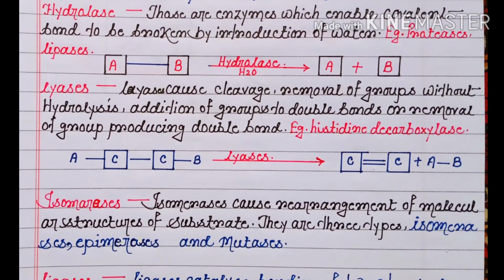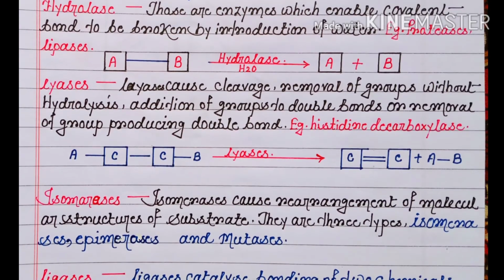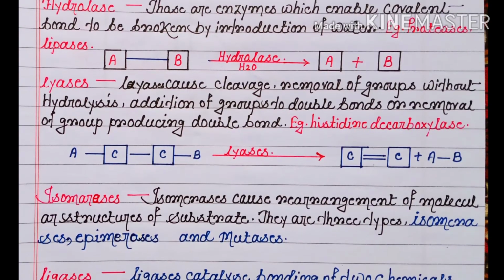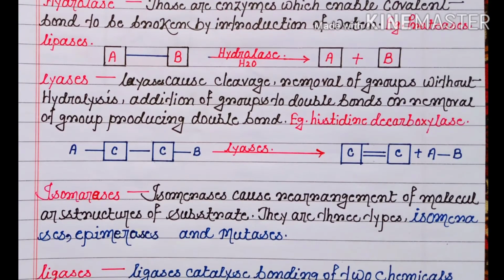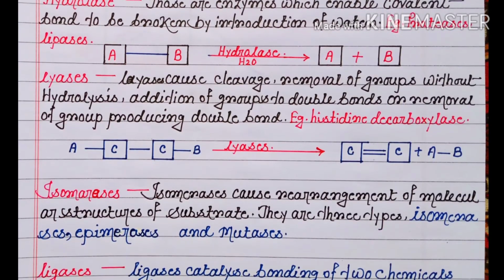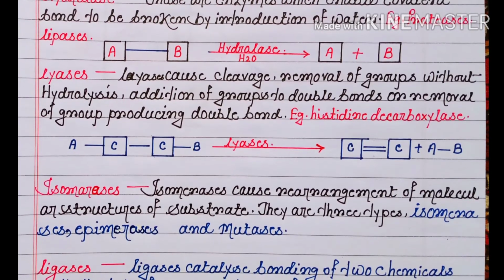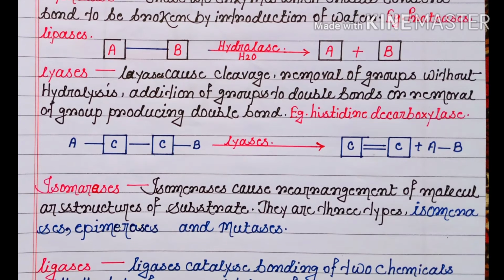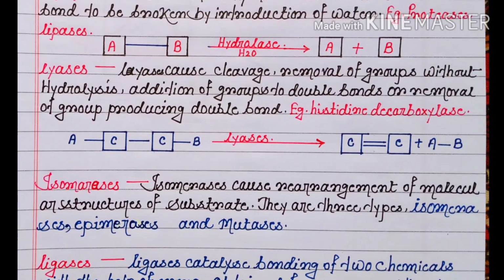The fourth kind of enzyme is lyase. This enzyme causes cleavage or removal of groups without hydrolysis, additions of groups to double bonds, or removal of groups producing double bonds. An example of lyase is